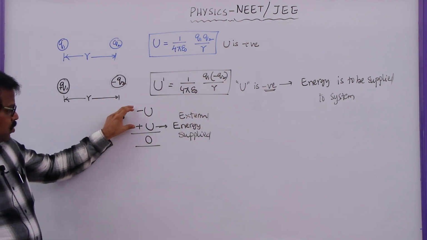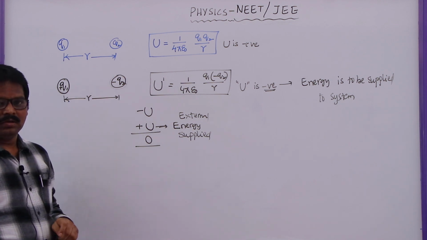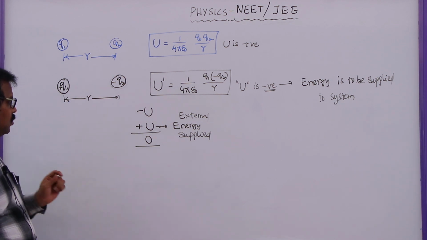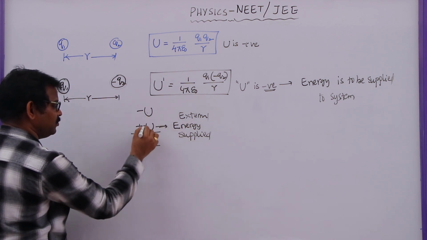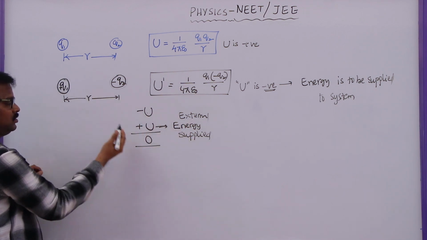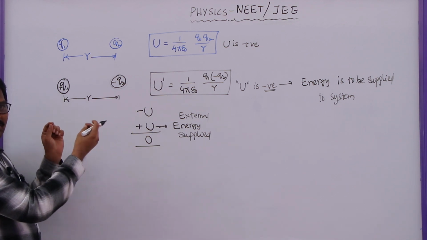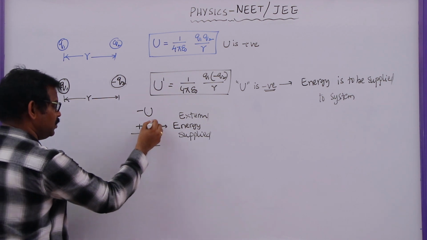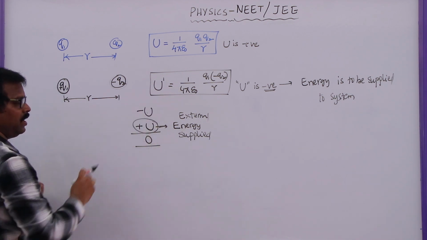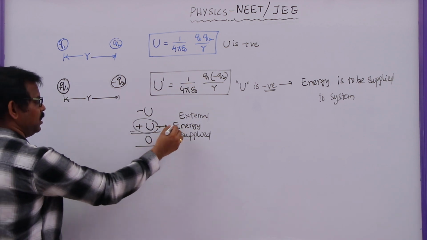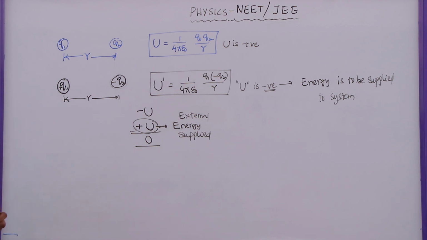So when these two combine, if the total energy of the system is 0, then it will get stability. If this external energy supplied is less than this one, still the system will have negative energy due to this. These two charges will try to attract. That means the minimum energy to make them apart from each other must be equal to the potential energy of this system.